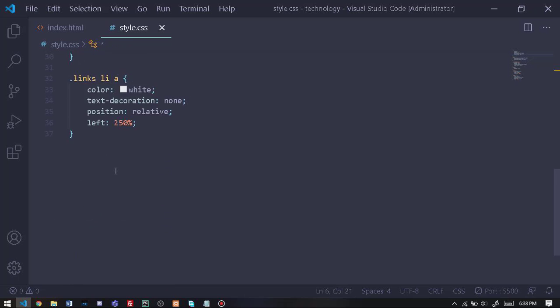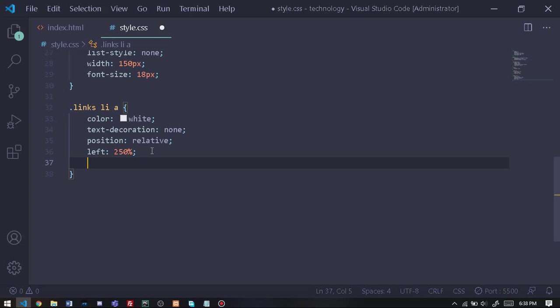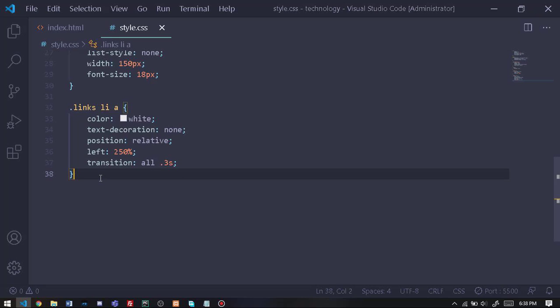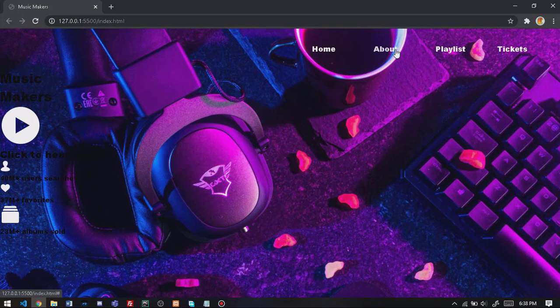And now we're done with the li a, and we're just gonna add a transition. So 0.3 seconds. I explained this in the two other videos, so I'm not gonna explain it again. It's just a transition, of course. So now I want to put an effect when we hover on these. So let's do links li a hover. We'll give them an opacity of 0.8. So when we hover on these, they have an opacity